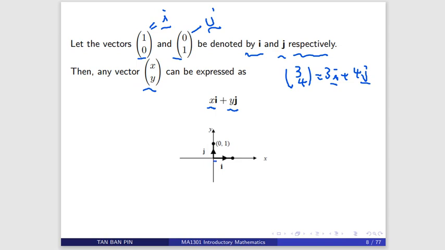So we just measure i 3 times, 3 units. 1, 2, 3. 1, 2, 3. So this will be 3i. The blue vector will be 3i. Then you want 4j, so it's j, 2j, 3j, 4j. So this is j, 2j, 3j, 4j. So it means this will be 4j. Then this will be the vector 3, 4. So now this point is just 3, 4.